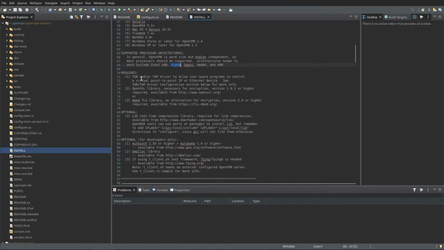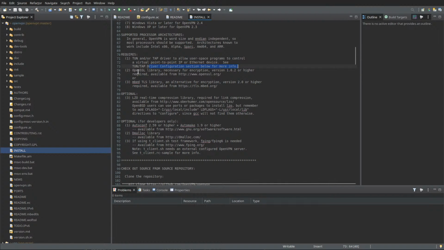Okay, it requires TUN and/or TAP drivers, user space programs to control a virtual point-to-point IP or Ethernet device. See the operation section below for more info. OpenSSL, so this is what they use.